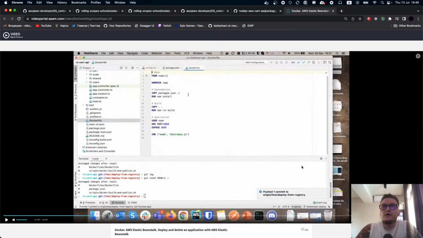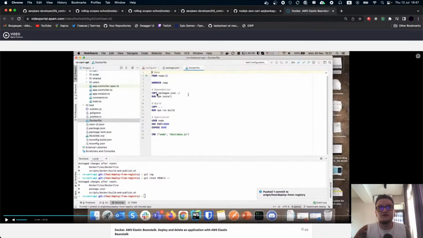We could also just copy everything, run npm install, and run npm run build. But then, when we change something inside our code and try to build the Dockerfile, it will run npm install every time. It can take maybe 2-3 minutes to get all the data, depending on your internet, to install all the dependencies from the web.